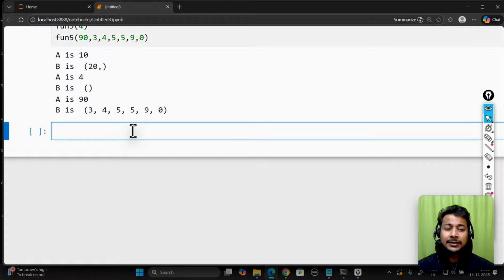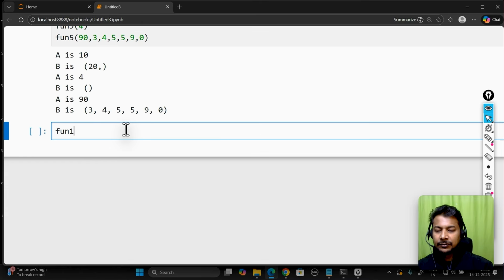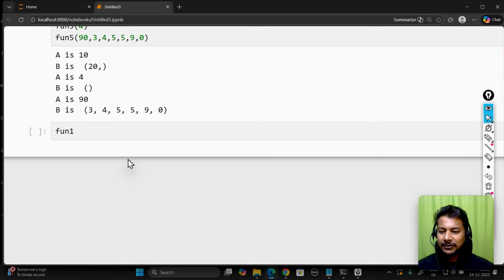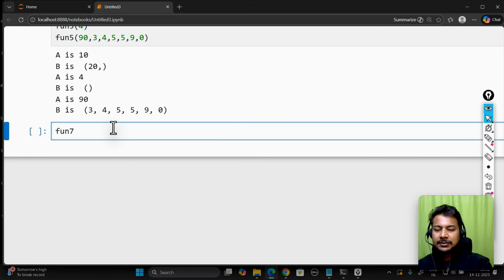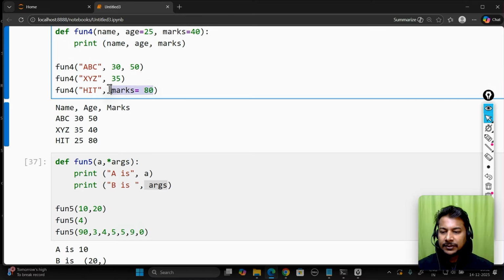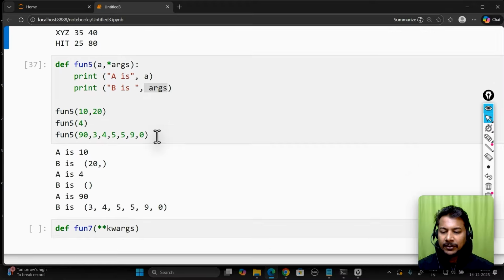Consider if you want to send keyword arguments, dictionary kind of elements. We have already sent a dictionary kind of argument like this. So if you want to send all the arguments as a dictionary kind of argument, let's make it def function with all the arguments. So we use kwargs. This is a dictionary kind of argument. Here we are taking a single default argument, but if we want to take it as a dictionary,